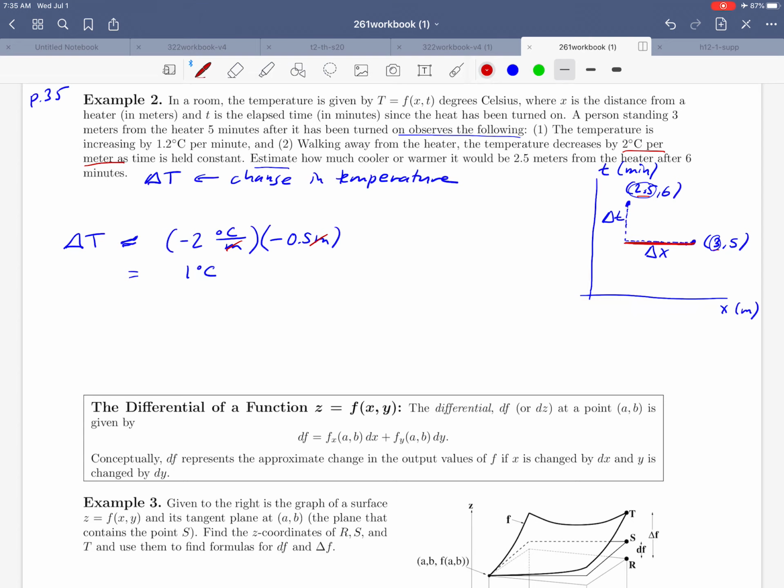to the heater. Now we're ready to explore the question of how much would the temperature change if we go forward in time from 5 to 6? Well, to measure that temperature change, we need some information about how fast the temperature is changing as time goes forward. And that's contained in this number, which tells us that the temperature is increasing by 1.2 degrees Celsius per minute. So we'll start with that number